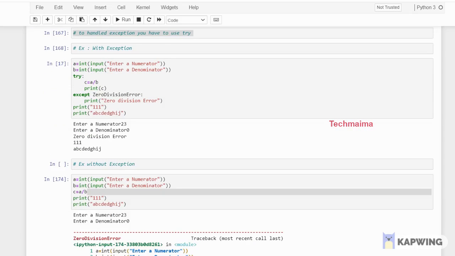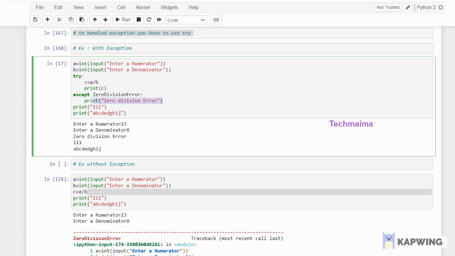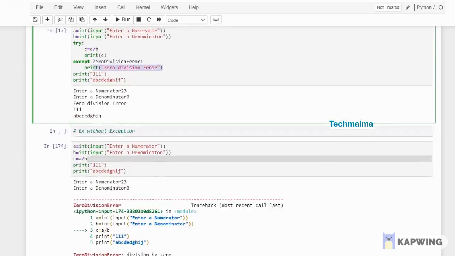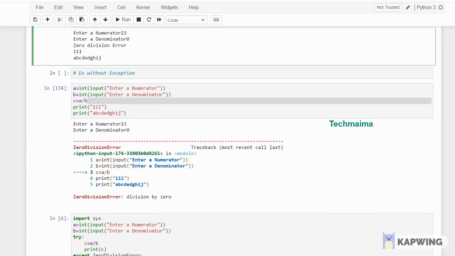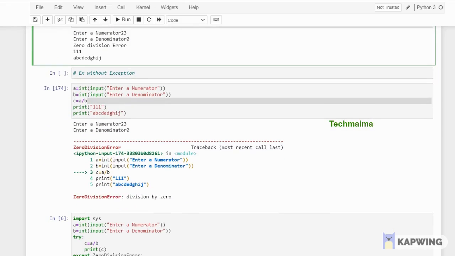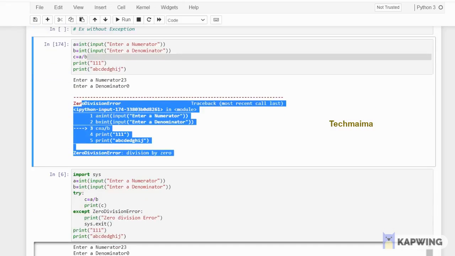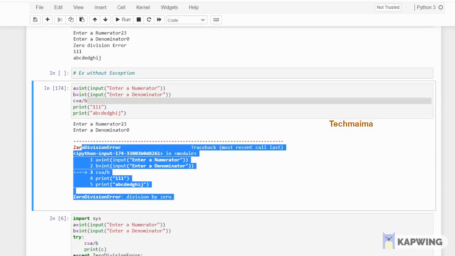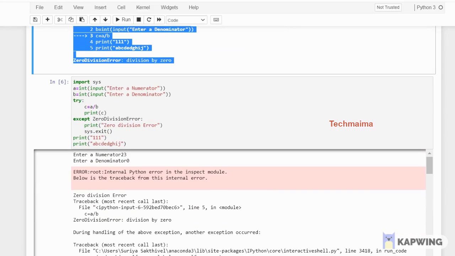See, in this line the error is happening, so it went to the exception part and gave us the notification we were expecting. I mean, we gave the print statement, and then it moved to the next line and printed these two statements. This is how exception handling works. Here I used exception handling. Without it, this big page of error will come. So to avoid this, you can use exception handling using the try block.